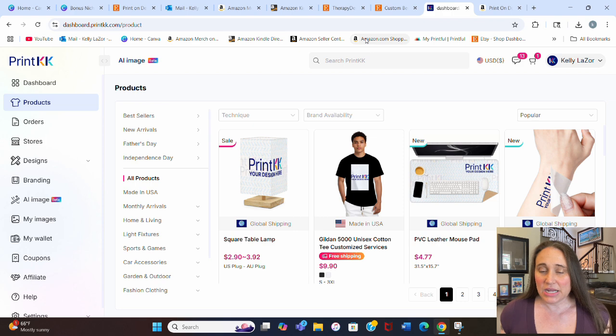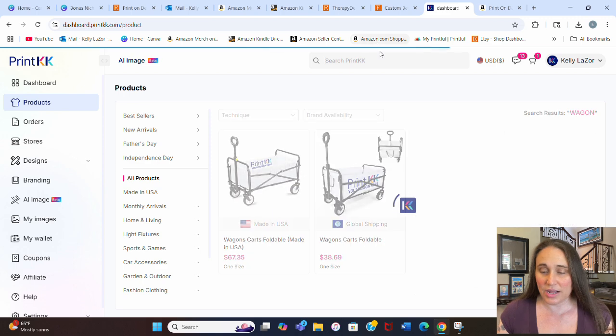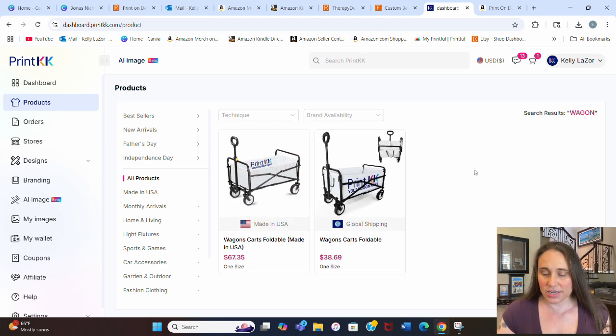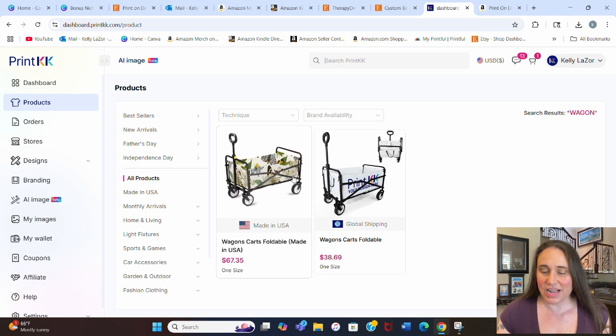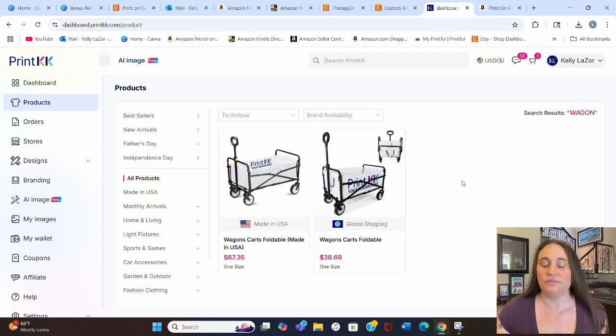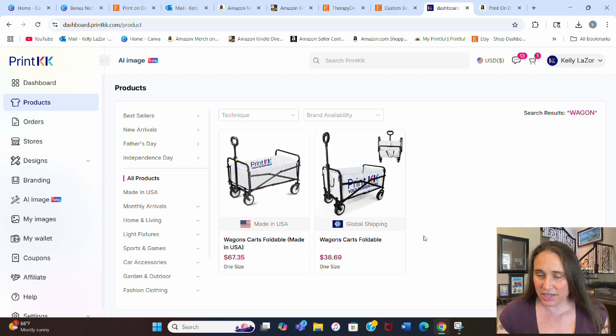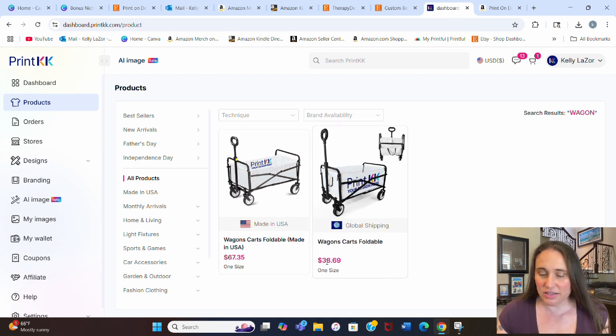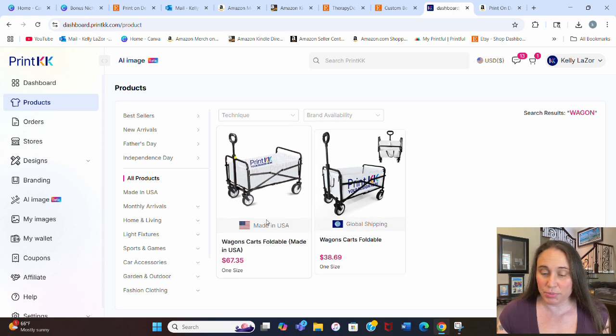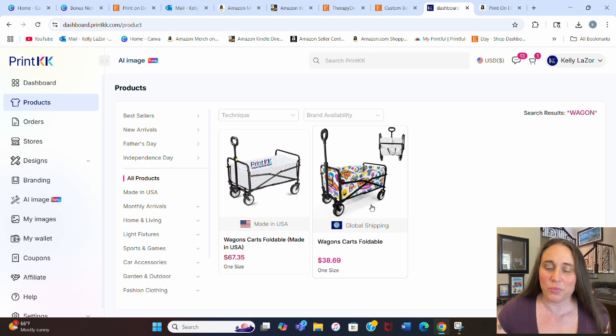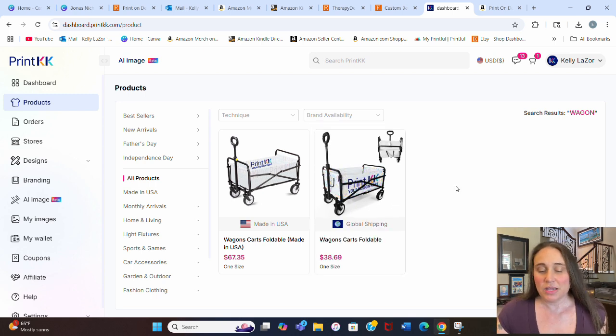So anyways, I'm just going to do a search here for wagon. And so if I search wagon, it's going to come up with the wagons. And so it's got 2 different versions. It's got sort of that international version and the made in US version. They're pretty similar. I think the only difference is that this one has a handle here. Obviously, the international one is a little cheaper than the United States made one. It also has more shipping. But because we